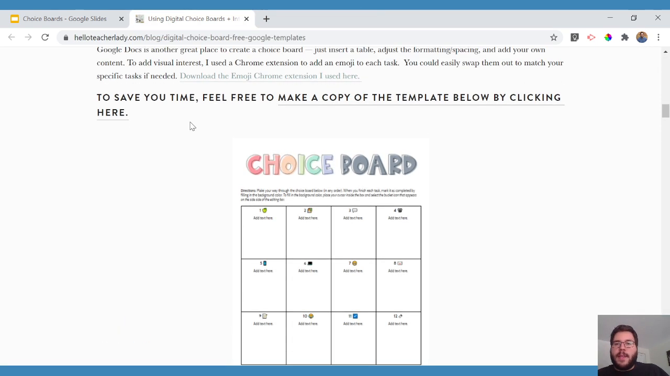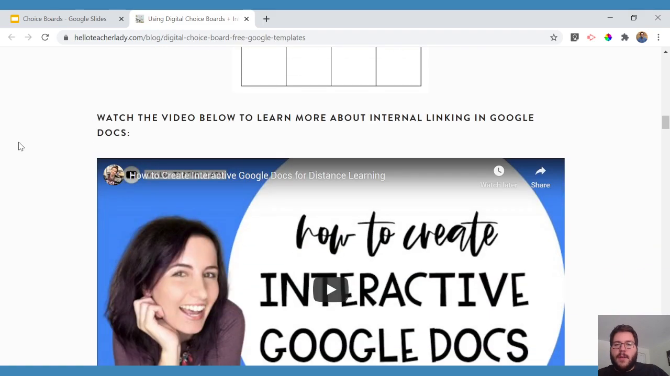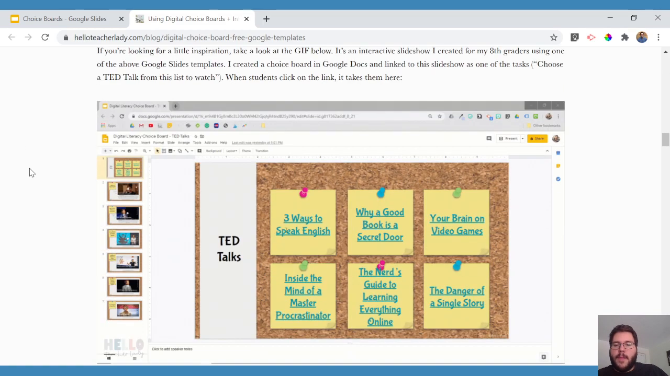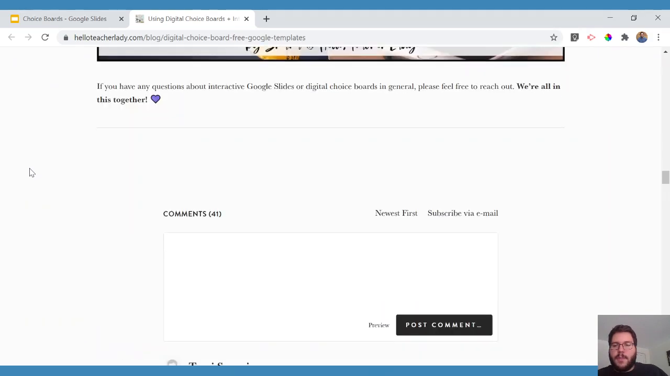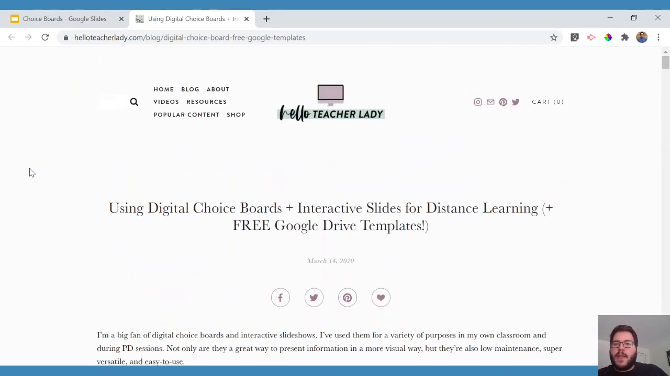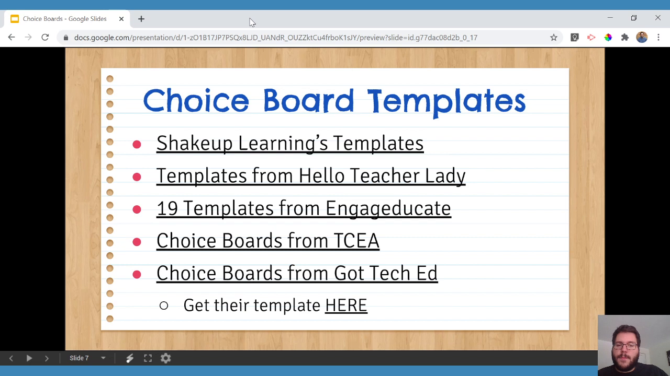All right, and again, that template is linked here for you, as well as another video, and there's some more stuff showing this in action. All right, so again, this blog post has lots of good stuff in here. Obviously, all those templates are linked here for you, so feel free to check those out. All right, so our next one here